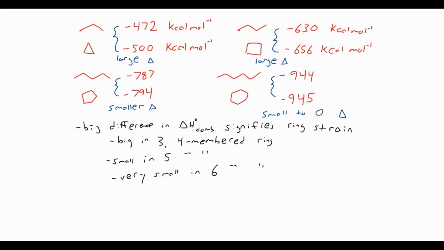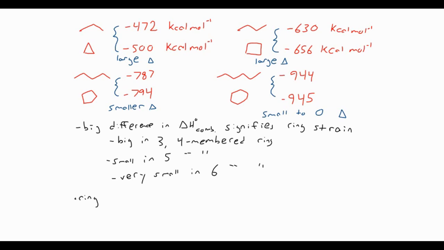So the other thing I want to talk about is to go back to when I mentioned the torsional strain or eclipsing strain, when we have eclipsing hydrogens. One way we can relieve that is, remember we can't change the ring structure at all in a 3-membered ring, because 3 points are always going to lie in a plane. So if you move any one of those points, the compound is still going to be planar. But for 4-membered rings and above,